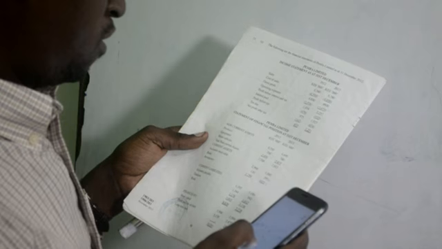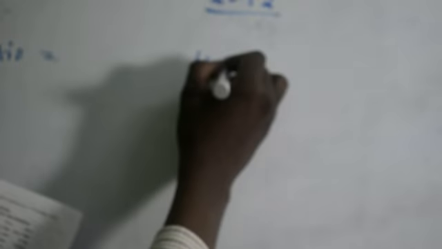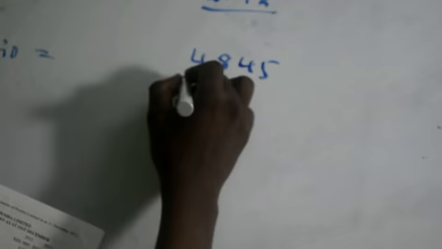Now we have 29, 66, you add 120, you add 1759. So that is 4845. You divide by,